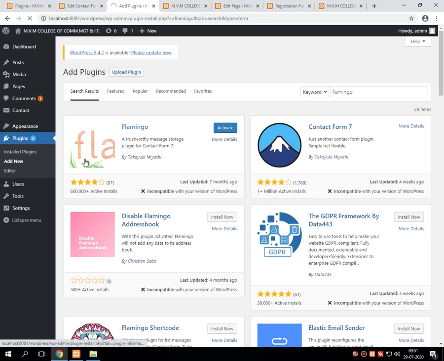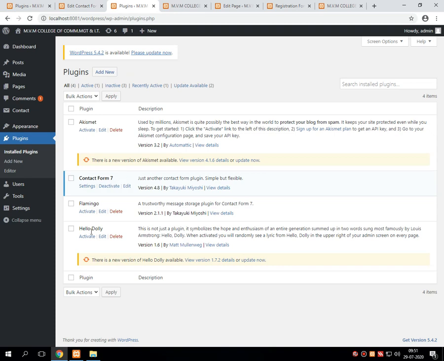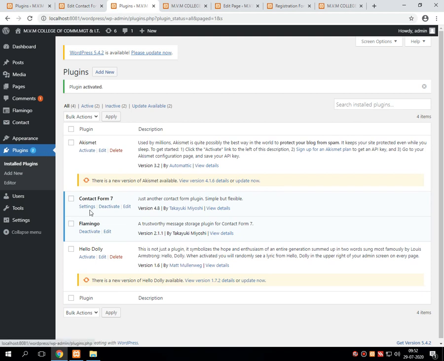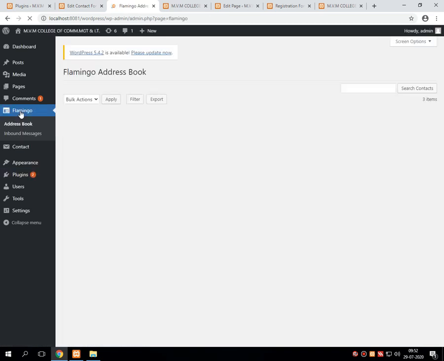We can see the Flamingo gets installed successfully in the listing of our existing plugins. Now we have to activate that particular plugin. So this plugin gets activated, and over here you will see one option comes that is called Flamingo. Just click on that particular Flamingo option.